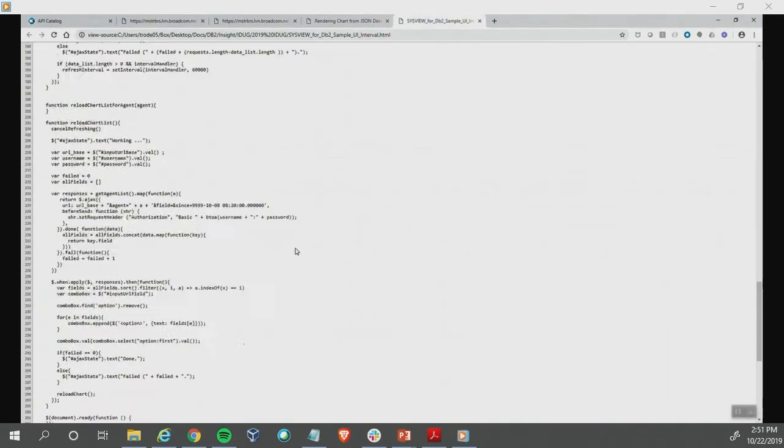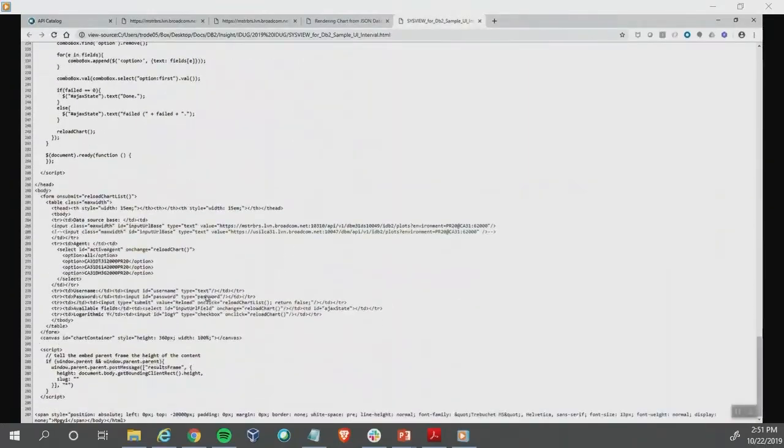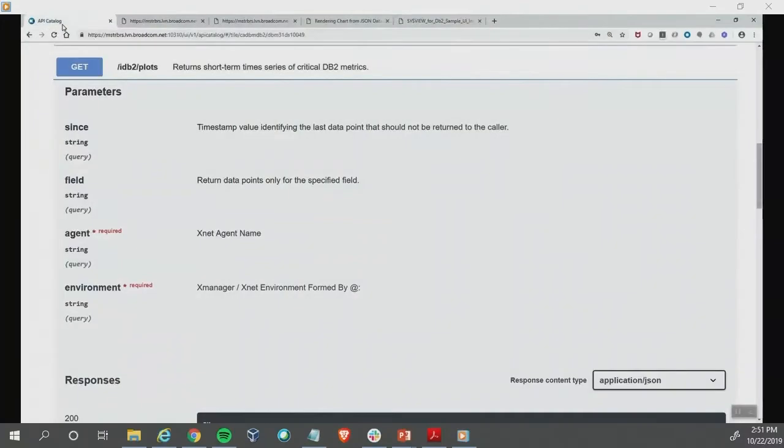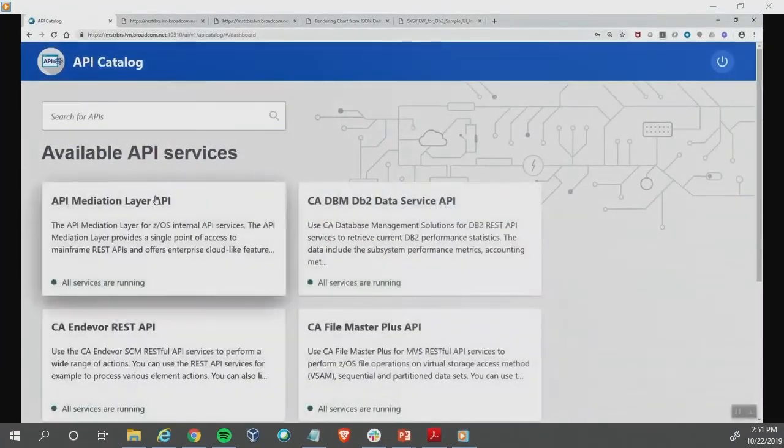If you think that the application would be very difficult to write, this is 250 lines of JavaScript, which can be really written by a fresh university graduate using those endpoints. So that was it. The use case